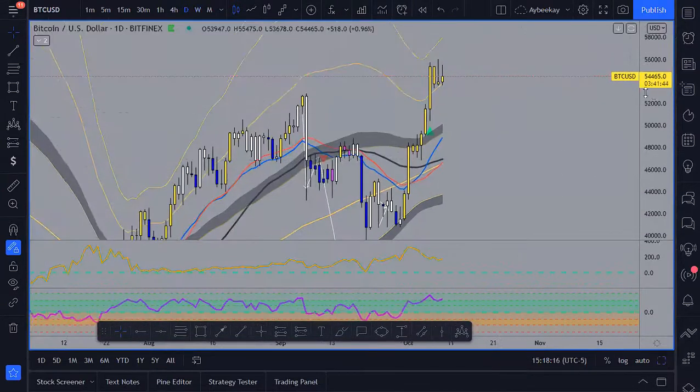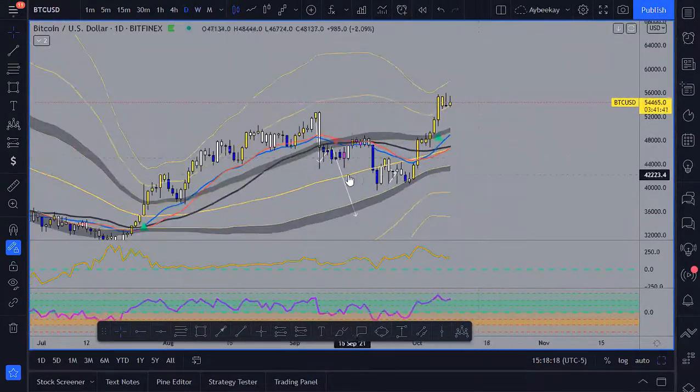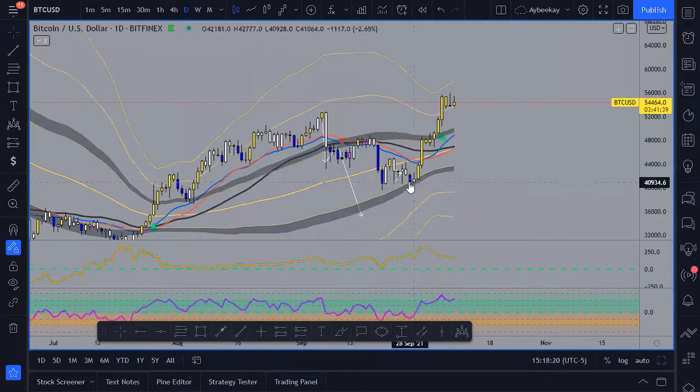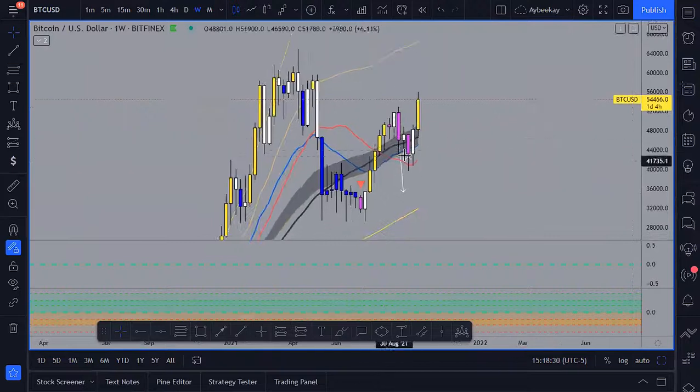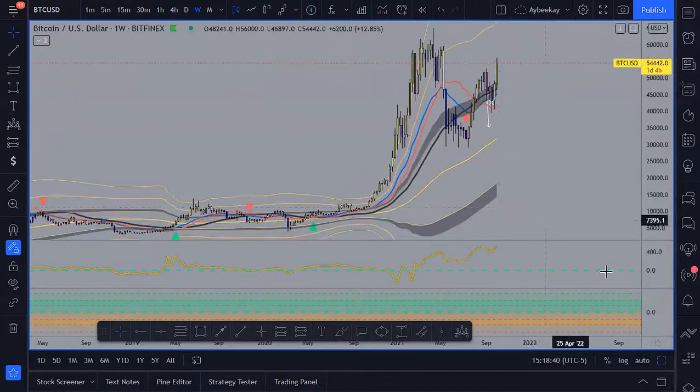Arbitrage, daily time frame, it looks pretty bad here, I guess. Price bounced off of this, what's it called, lower danger zone and took off like a madman. That's good to see though. Weekly time frame, depending on how next week's candle closes, we might be finally getting that exit on this weekly Bitcoin. So we'll see what happens.